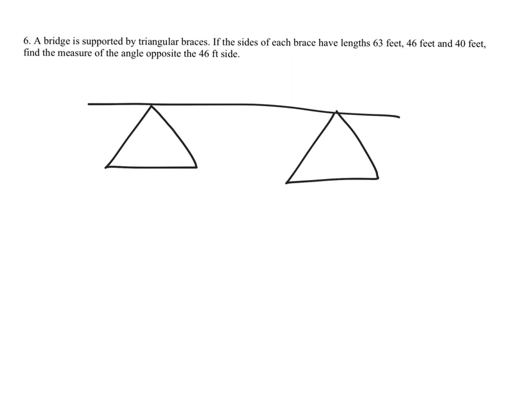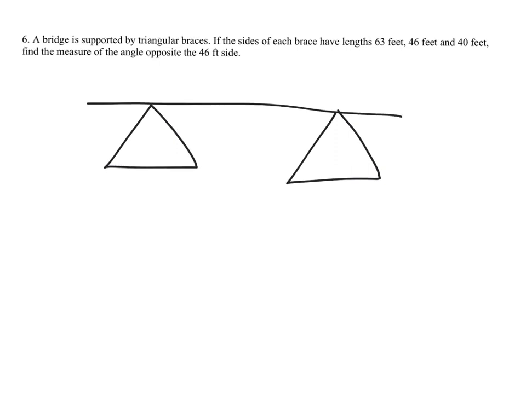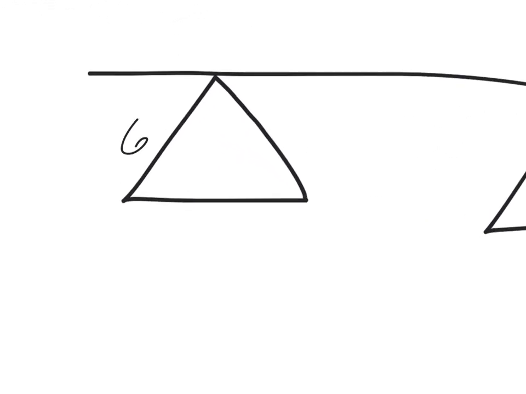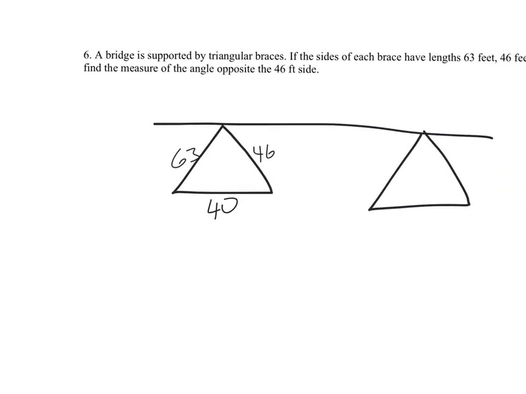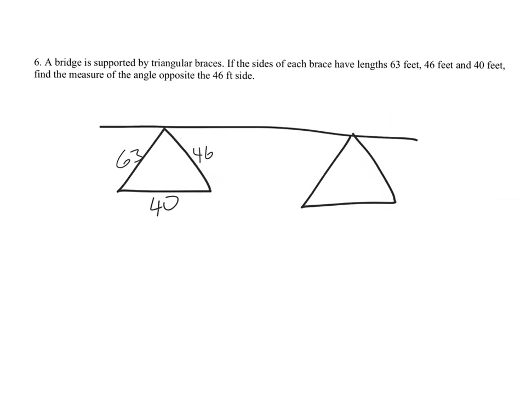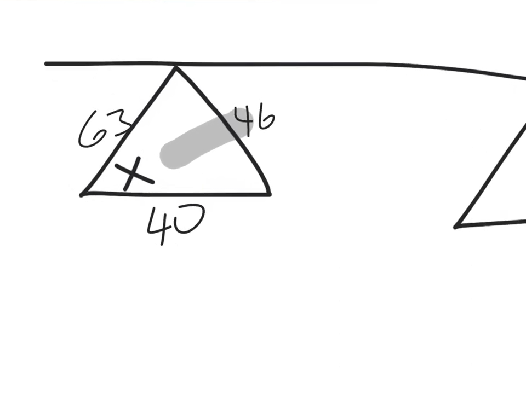A bridge is supported by triangular braces. So I kind of have a bridge and then triangles forming the base of the bridge. And if the sides of each brace measure 63, 46, and 40, the question said, find the measure of the angle opposite the 46-foot side. So here we have to find the measure of that angle. Well, I'll put letters in the triangle,